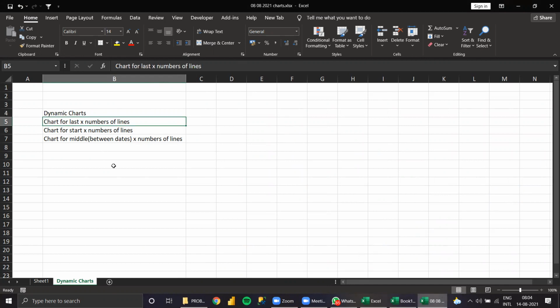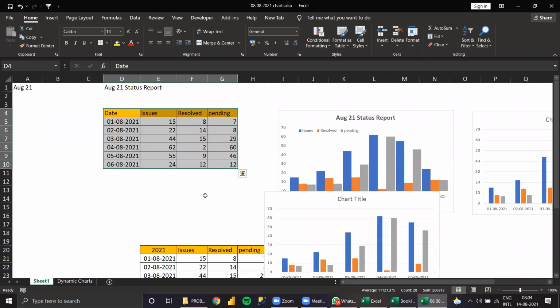For the existing data, we need to chart the last X number of lines, or the first X number of lines, or between the lines. So how do we do that? For example, the last few days, few months, or few years of data.